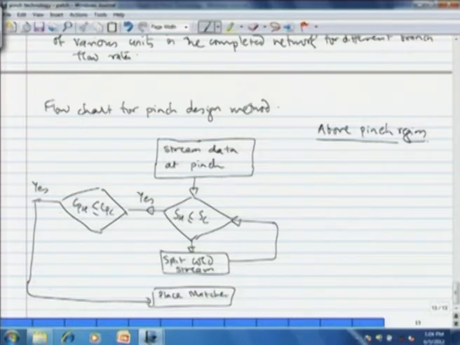If the CP inequality criteria is satisfied after splitting of cold stream, then you can go and place the matches. However, if that is not satisfied, then you have to go and split the hot streams,